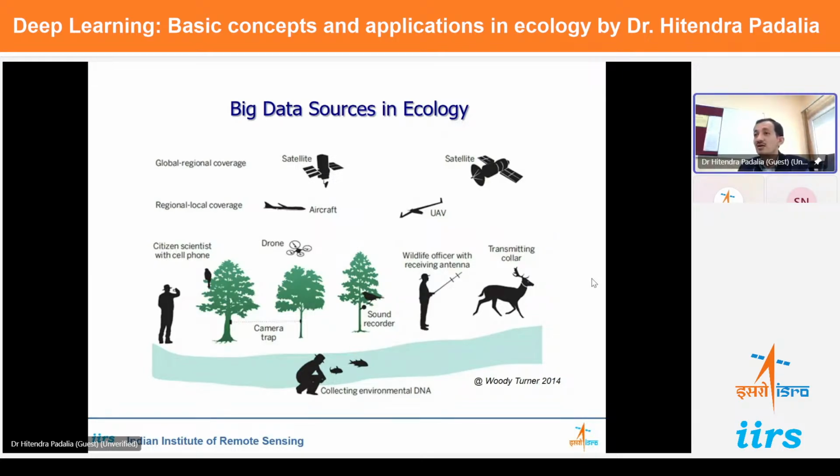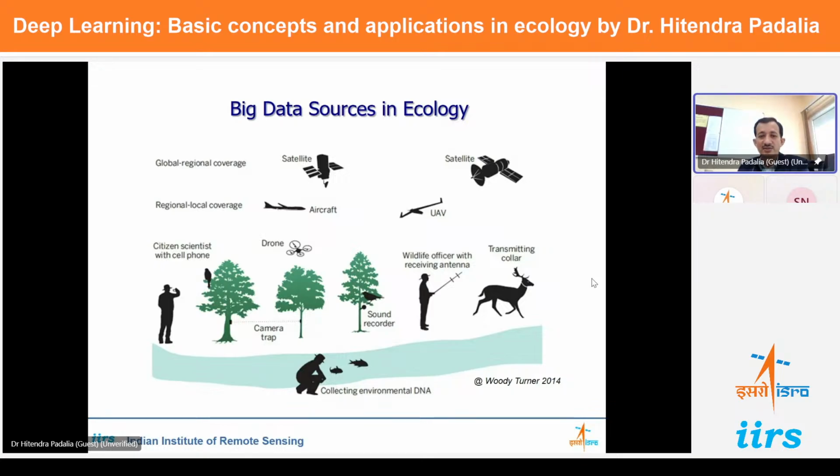Similarly, citizen science data, large communities are being involved in collecting data using smartphones. So this data also becomes a very useful data set for applying deep learning algorithms. And some of such data sets are nowadays openly available online. If anybody wants to test any deep learning algorithms, even for birds, for butterflies, there are online databases available wherein labeled data is available, which can be easily used by anyone for implementing any particular kind